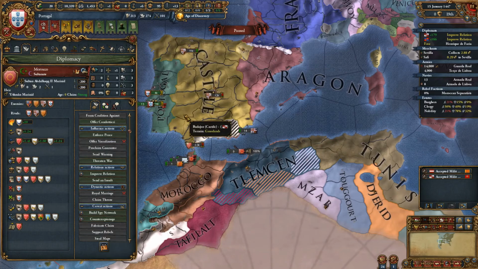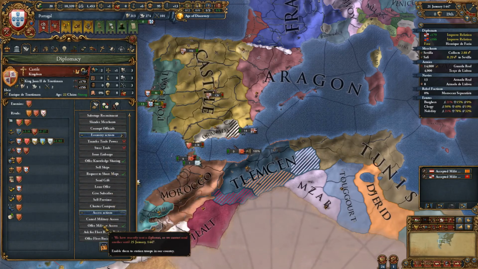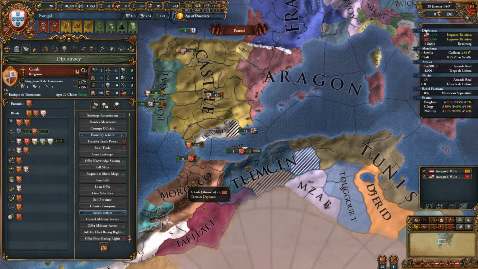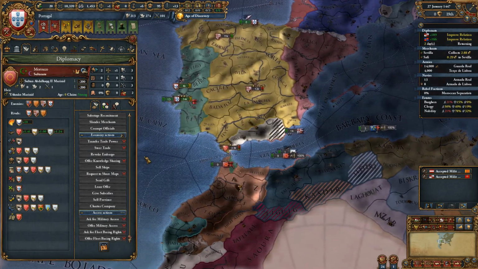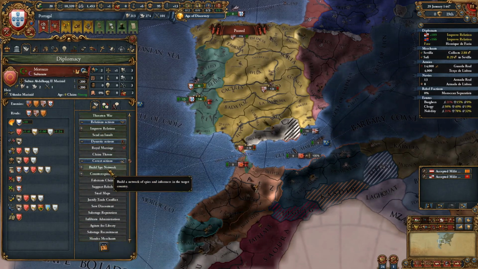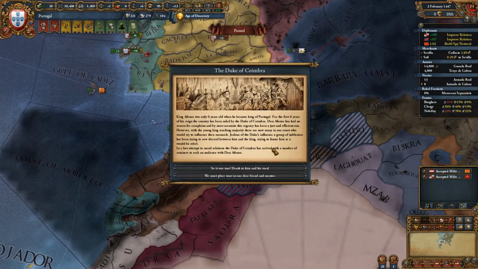I think I am going to, after I offer them military access. Moldavia has an event. Okay. Offer them military access. And then we'll continue building our spy network and fabricating claims in the hopes